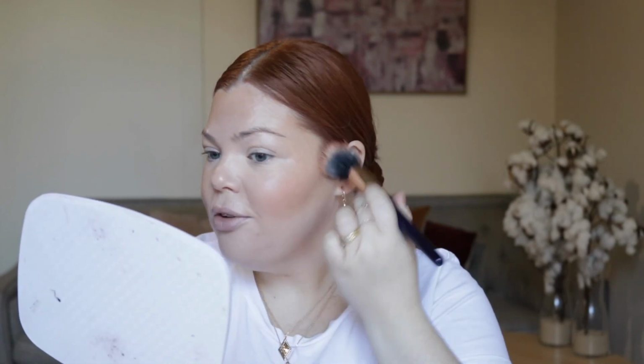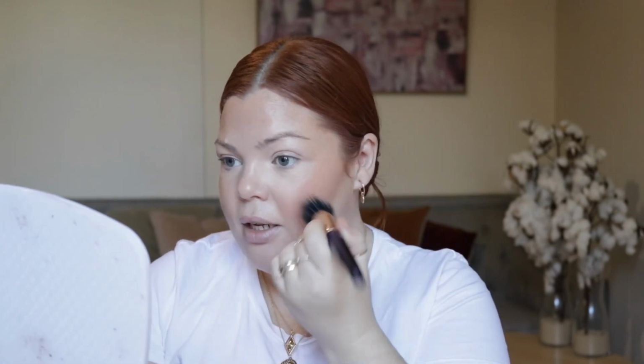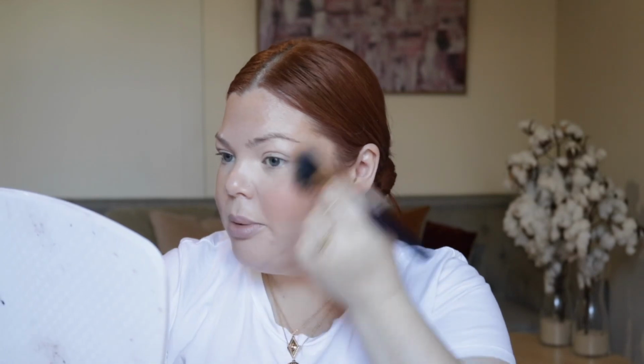I don't have the new Fenty blushes. I do have this one and I love this one. I know it would be such a different formula though. These ones are definitely not as creamy. Like I said, they're a little bit drier, but they perform really nicely. So, but yeah, putting it on the back of your hand is definitely my recommendation. If you do have one of these and you feel like it doesn't work for you,